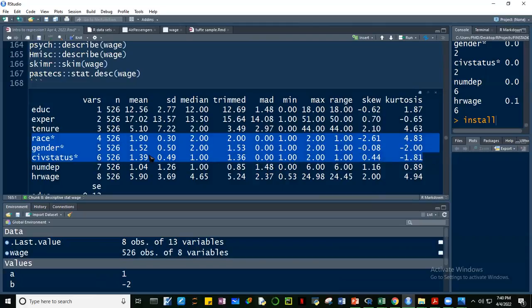Walang meaning yung mean, yung standard deviation, kasi mga categorical yan. Median, wala. So, ang may mga meaning lang nito, guys, yung mga numerical. Okay, mean absolute deviation, minimum, maximum, the range, which is maximum minus minimum, skew, kurtosis, okay, and